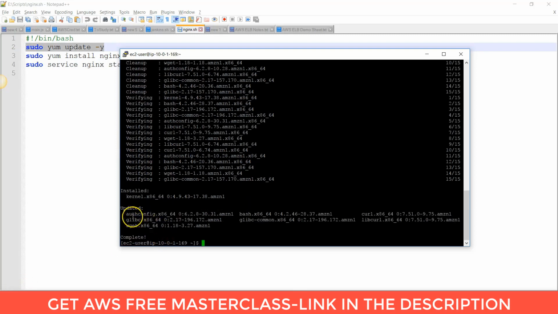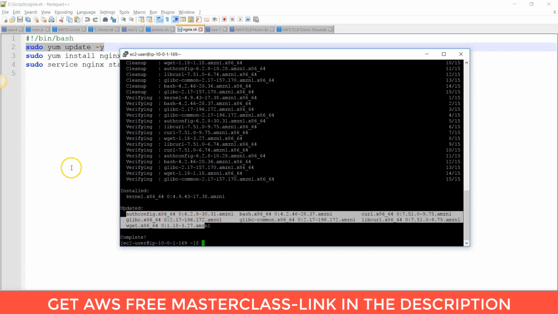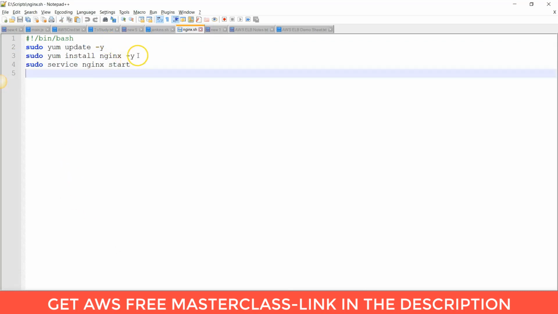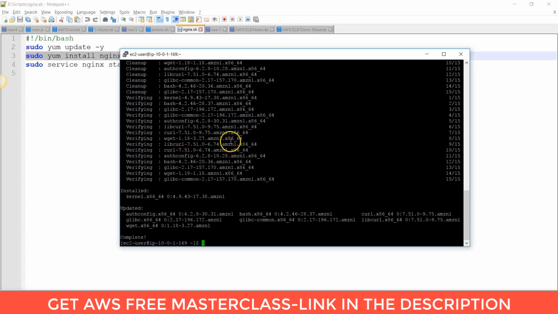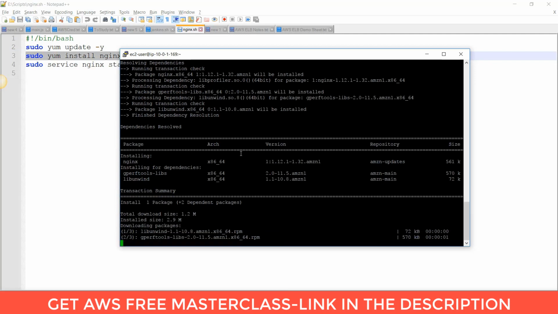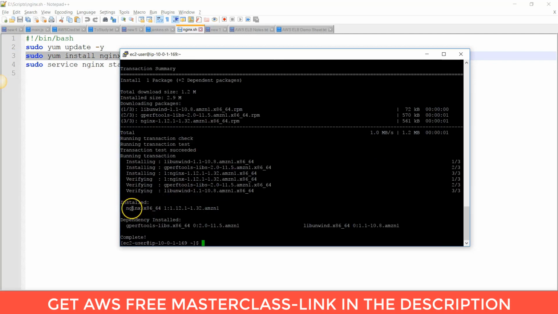So here you can see that all the packages are updated successfully. Now run the second command, sudo yum install nginx. This command will install the Nginx server on the EC2 Linux. So here you can see that Nginx is installed successfully.